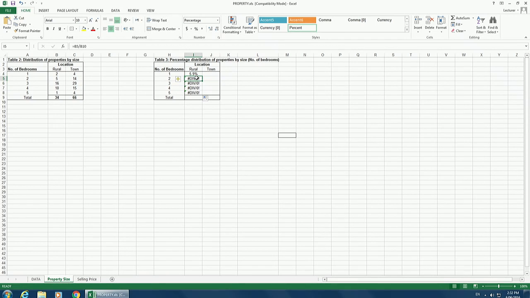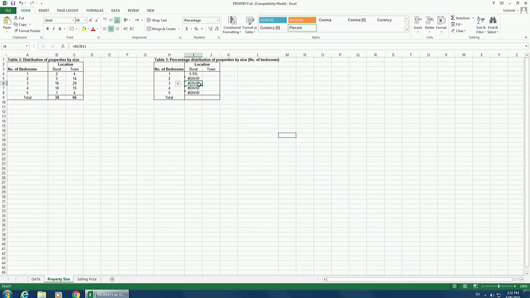If we go to that second cell in our column and double click, you will see the cells that Excel's used here in creating this formula. It's correctly dragged down the numerator to use the 2-bedroom properties in a rural location, but incorrectly for us, it has dragged down the cell reference for the total that we wish to divide by. So what we need to do here is change the total cell reference in our formula to be an absolute cell reference. So we hit enter,